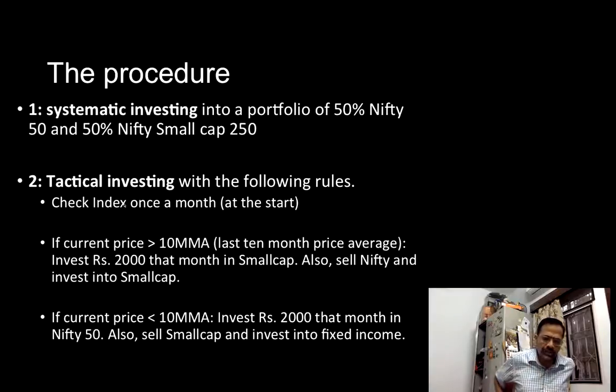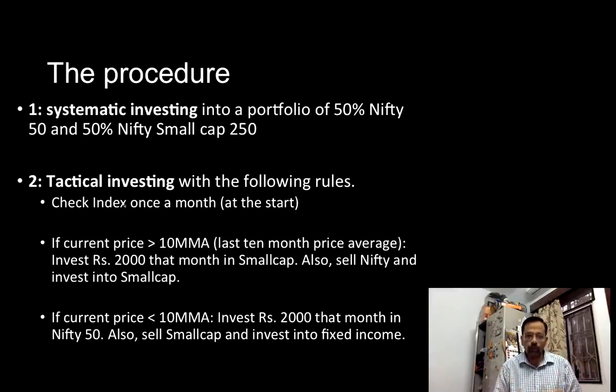So what is the procedure for the backtest we have done? We are going to look at a systematic investment strategy where we take 2,000 rupees every month and put 50%, or 1,000 rupees, in Nifty 50 and 50% in Nifty small cap 250. So that's the 50-50 strategy. This is the reason why I said it's not really practical, because I'm doing this to show you an example of how to do the profit booking. But in practice, 50% of large caps and 50% of small caps is kind of